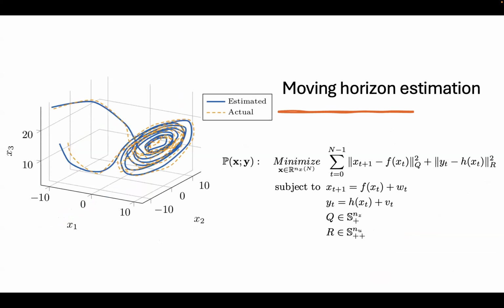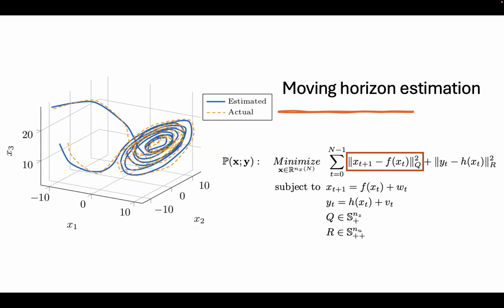So if model predictive control is planning several steps into the future, its complement for estimation is looking several steps into the past and trying to determine an estimate of your state at the time that is now. So here we have a problem where the decision variables are your estimated state X, and the parameters are the measurements Y that you've taken up to now. And you're minimizing over several steps in the past